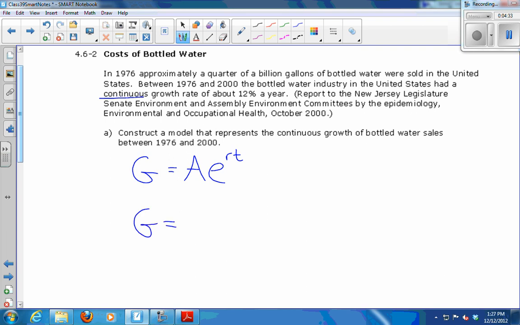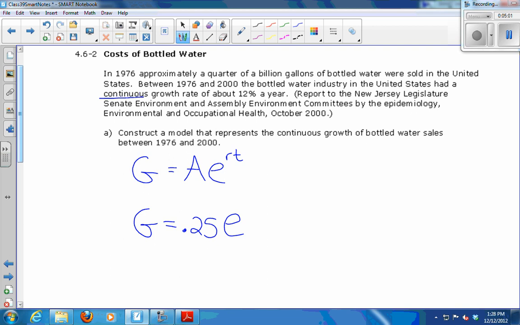A is my initial amount. How many gallons of water did we start counting at? 250 million, right? So I'm going to put this as a quarter, 0.25, and I'm just going to make a little note that we're measuring in billions. So I have 0.25 e